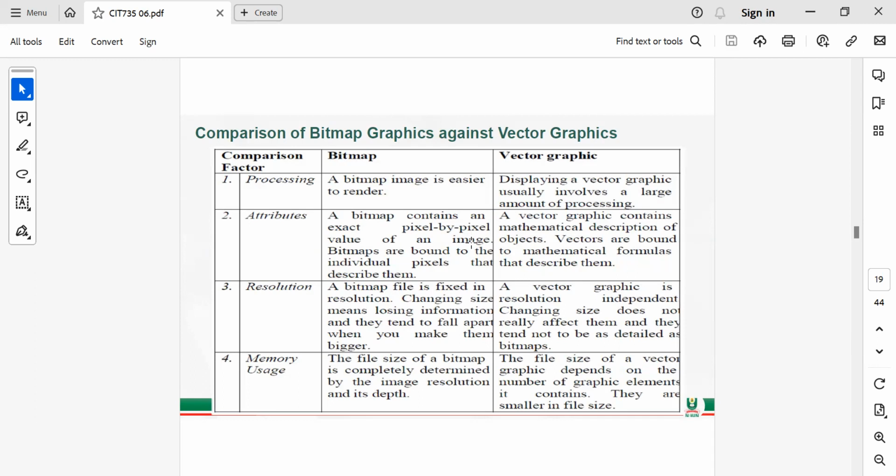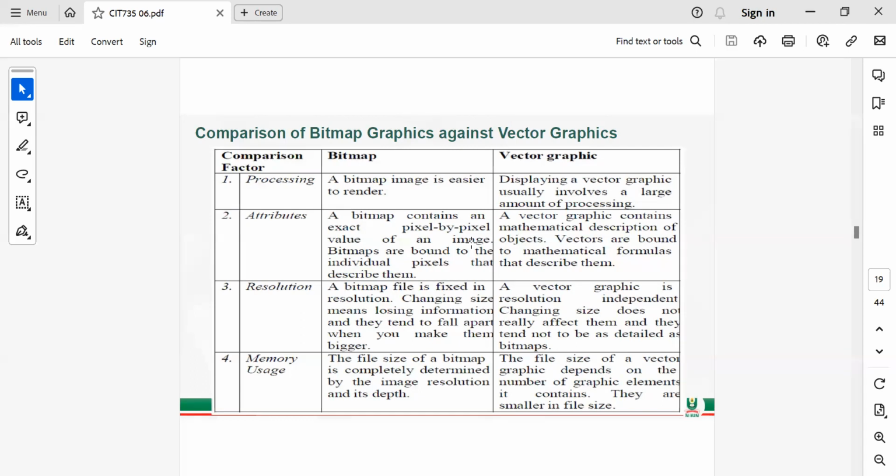Then the other one is bitmap graphic. They also call it raster graphic. And in this case, you are using dots to represent your image. So when you blow up your image, the tendency is that you may not see it clearly for bitmap. But when you blow up your vector graphic image, the quality still remains the same. It's not affected. So for instance, if you pick a text, like the letter A, and the size there is